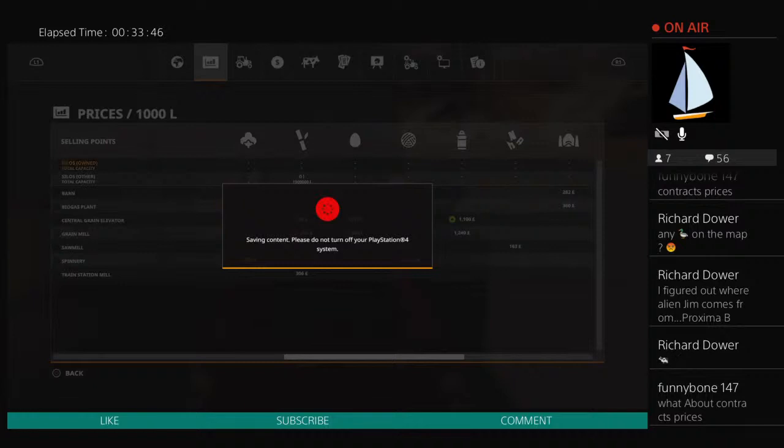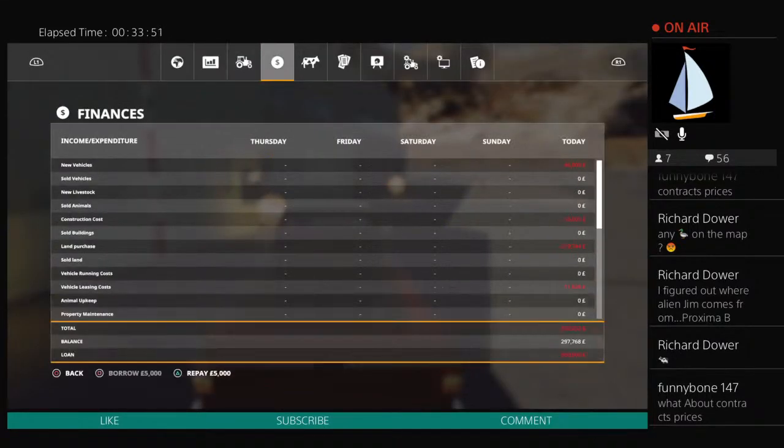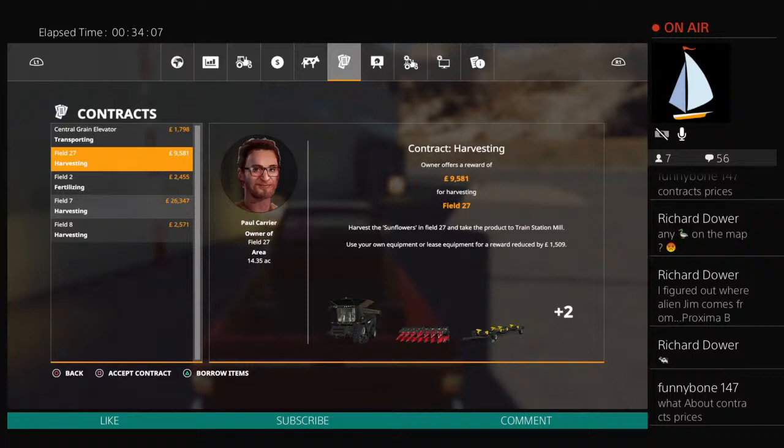Yeah, I'm gonna play. Okay, Funny Bone. Contracts, let's have a look. 1, 2, 3, 4. We've got 5 contracts at the beginning. That's not to say that there won't be more. Often the games start with less than they have. So field 27, harvesting sunflowers,